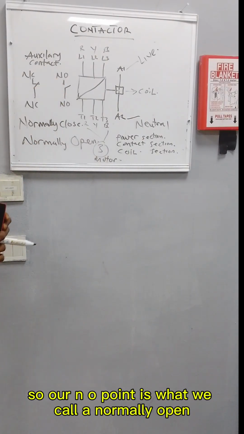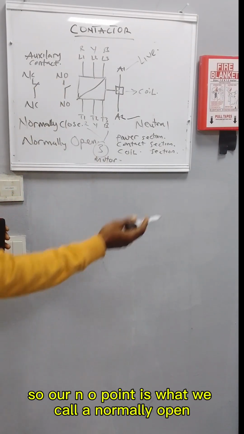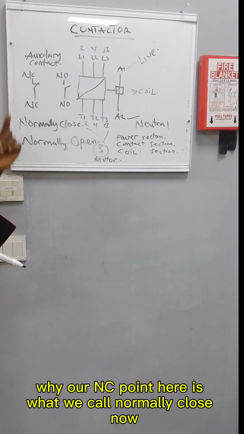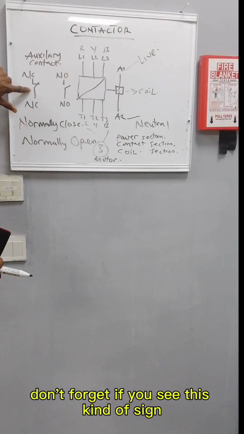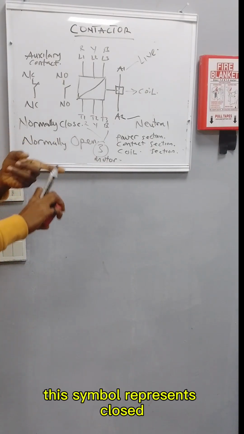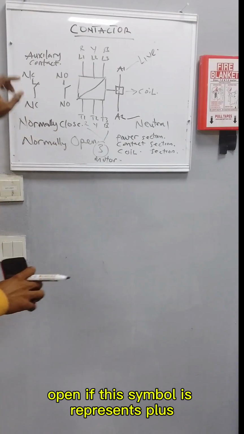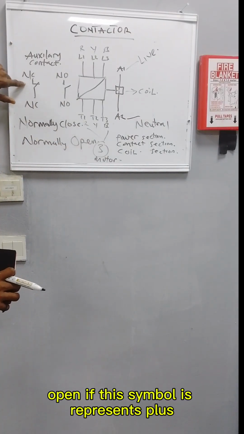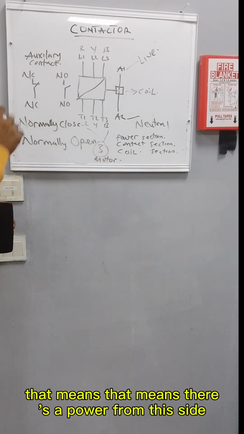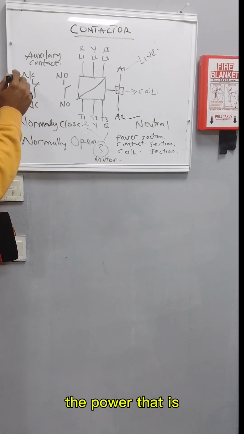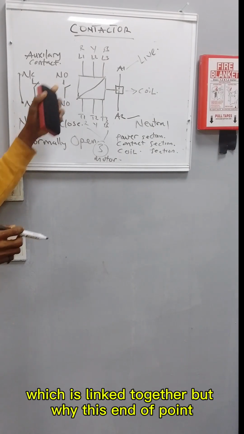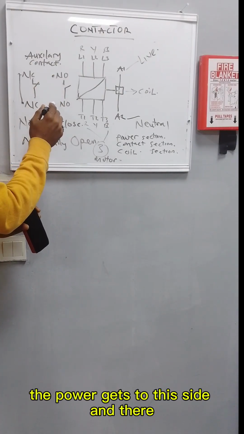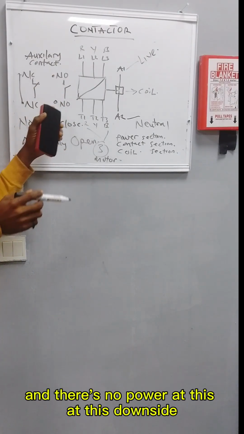Our NO point is what we call normally open, while our NC point is what we call normally closed. Now, don't forget, if we see this kind of symbol, it represents close, and this symbol represents open. If this symbol represents close, that means there's power from this side. The power that gets to this side is also reaching this side, which is linked together. But with this NO point, the power gets to this side and there's no power at the downside